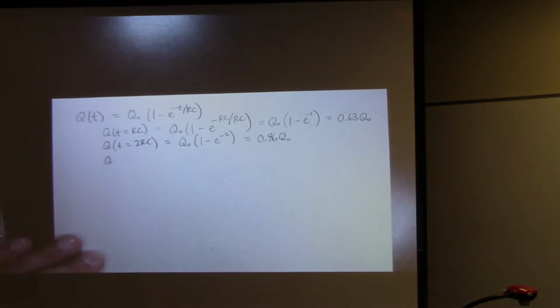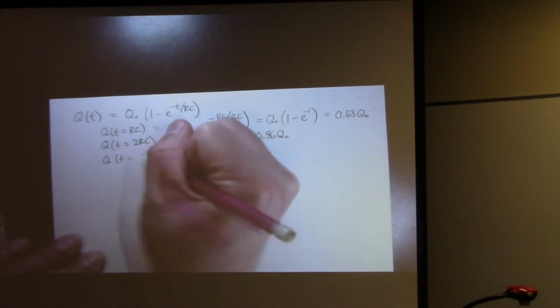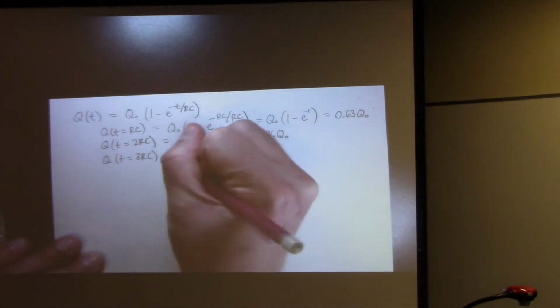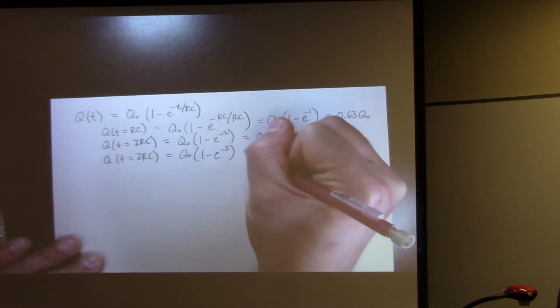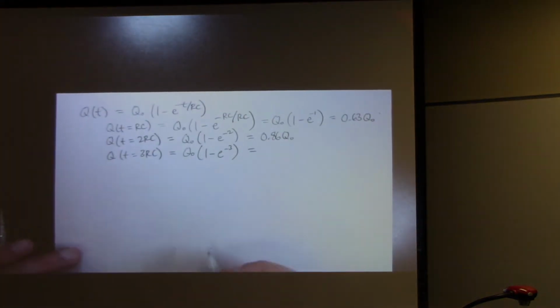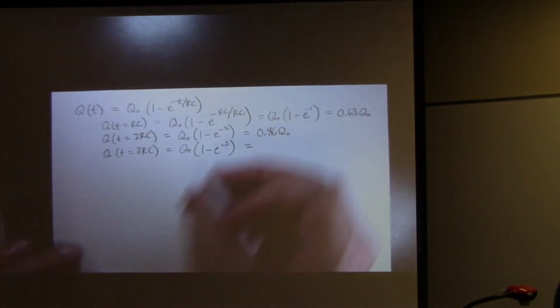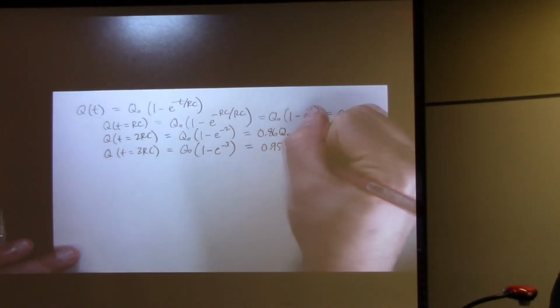Okay? Let's do it for 3 times RC. It's going to be Q naught times 1 minus e to the minus 3. What's that going to give you if you crunch this number is 0.95 Q naught. So